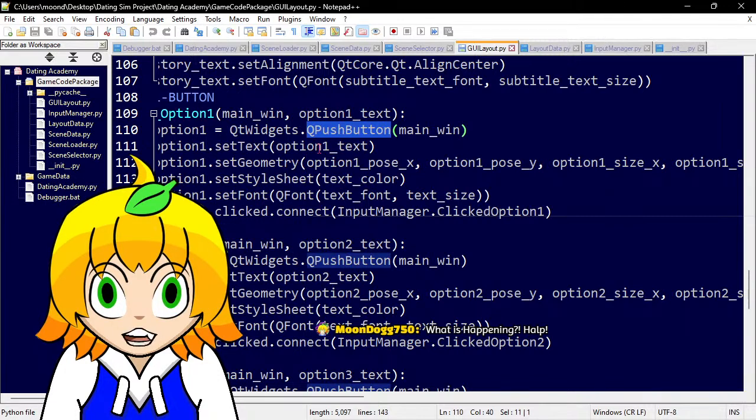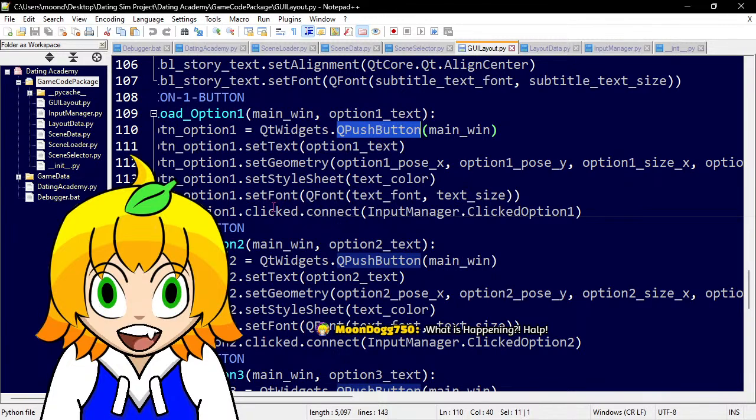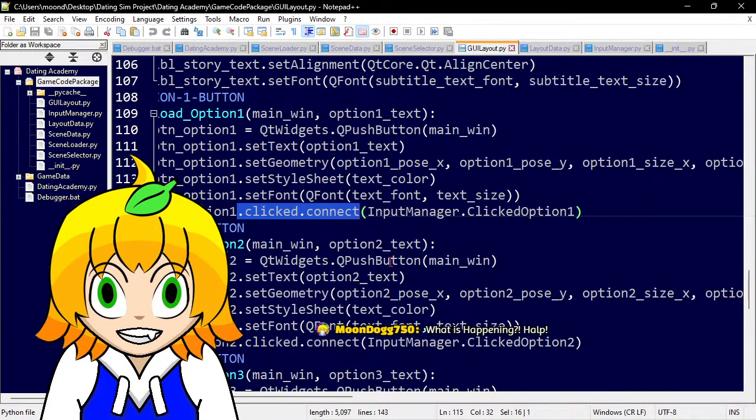Now, the way this changes from a label, which cannot really be interacted with, I don't think, in the same way as a button: with a button, we can do a .clicked.connect. .clicked means if clicked. So if we click on it, then we do .connect, which is a call function.